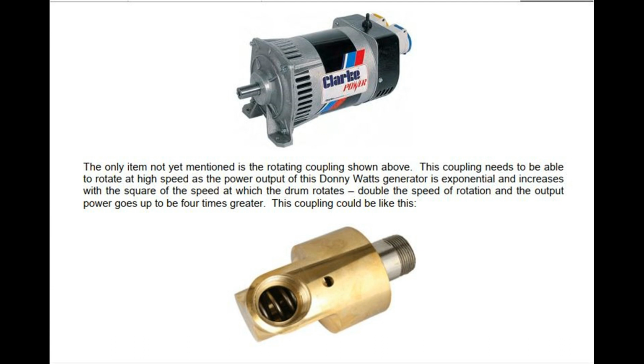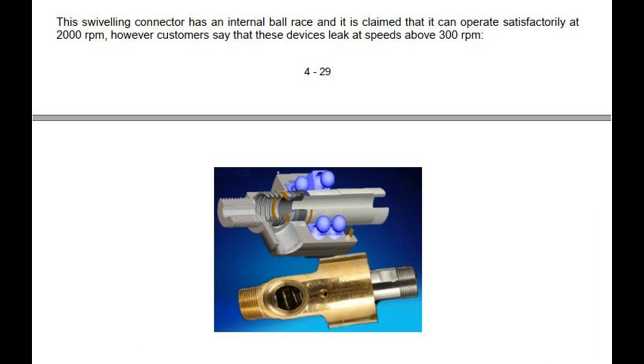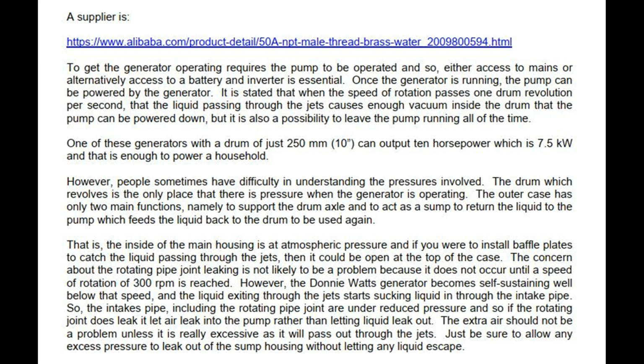This coupling could be like this. This swiveling connector has an internal ball race and it is claimed that it can operate satisfactorily at 2000 RPM, however customers say that these devices leak at speeds above 300 RPM. A supplier is, https://www.alibaba.com/product-details/50a, NPT, male, thread, brass,